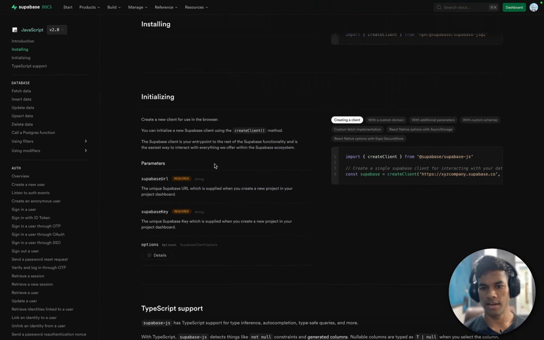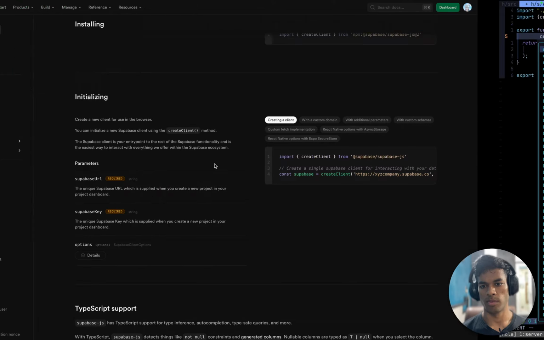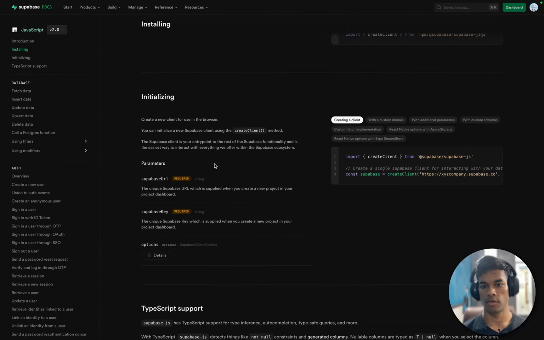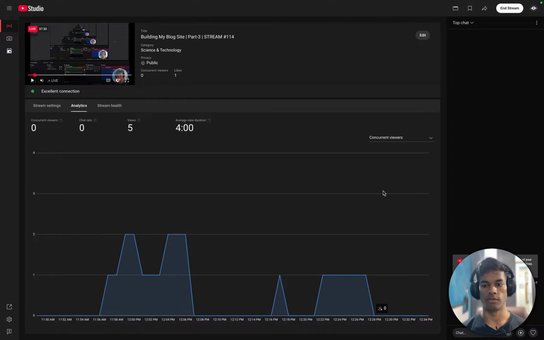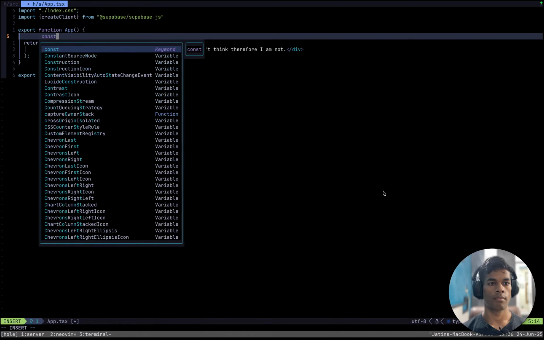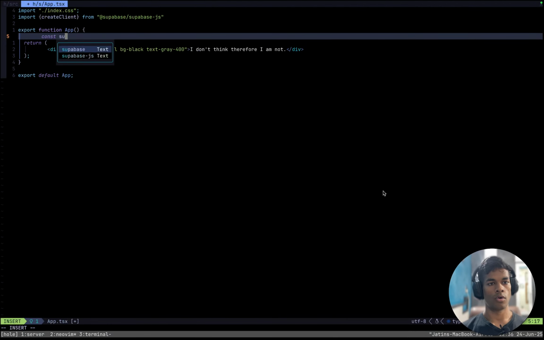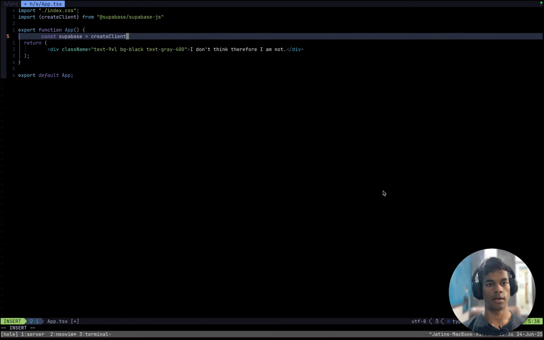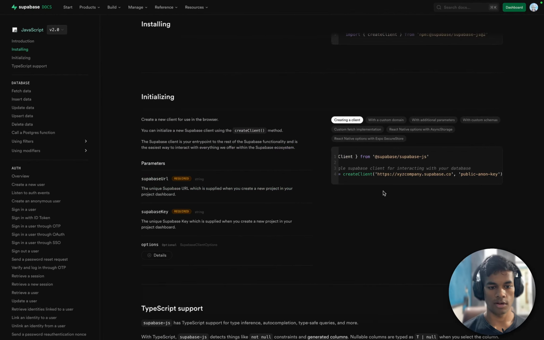And const supabase equals create client and that stuff. Const supabase equals createClient, and this takes in two things. Supabase is declared but never used.